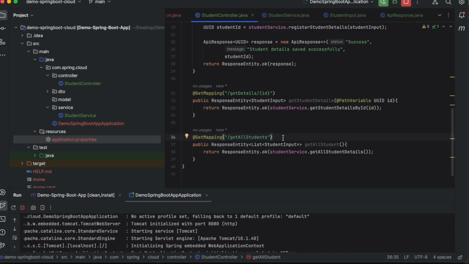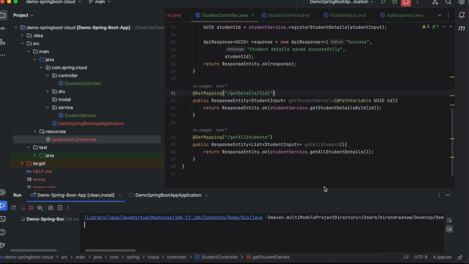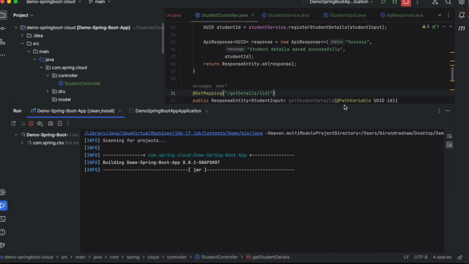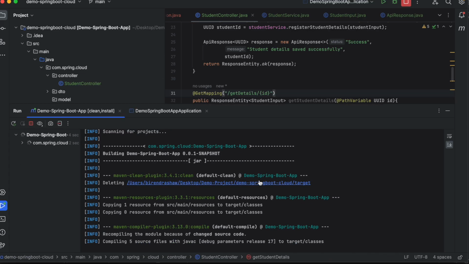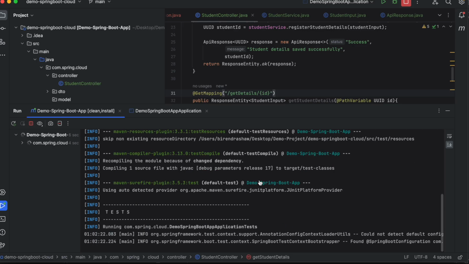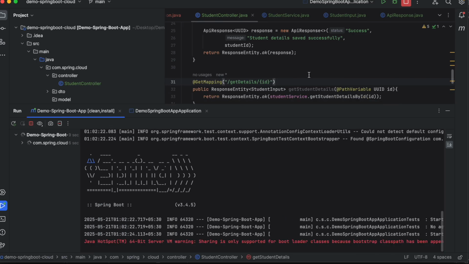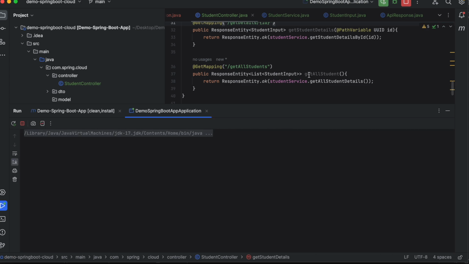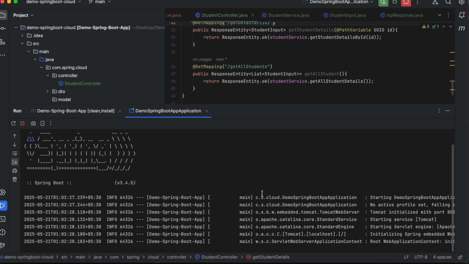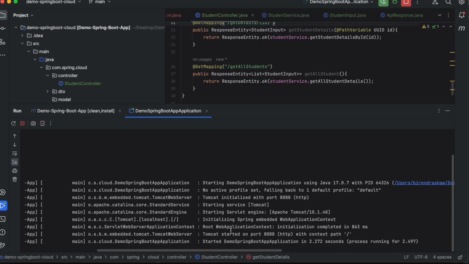We will first stop this application and we will rerun it. Whenever we do this run, it will clean, build, and then start our application. Now build is success, now our application is also started.